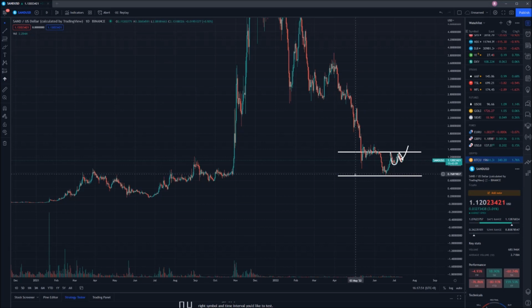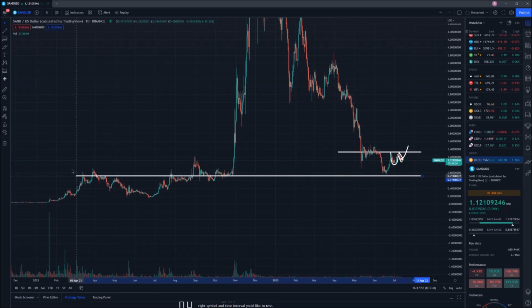And if we do actually grab these lines here and extend them out, what you'll notice is they are major points when it comes to the price action on SAND. This key point of support is very, very important. It is a major point of support previously, and of course, as you can see across here, a major point of resistance. Then, if we do manage to reverse in the right direction as we take this $1.32 mark through,